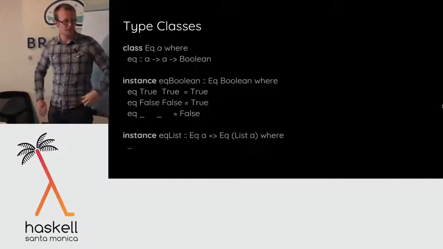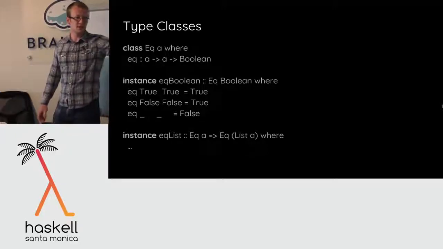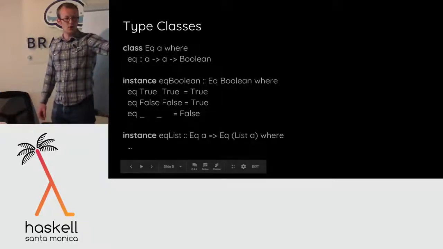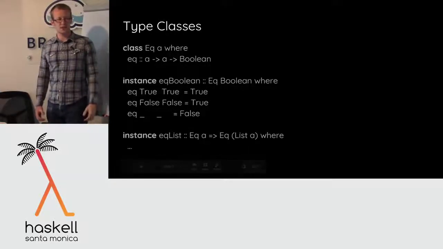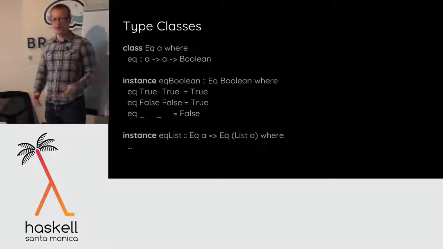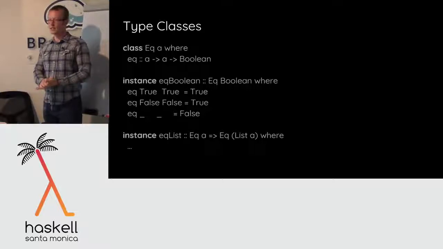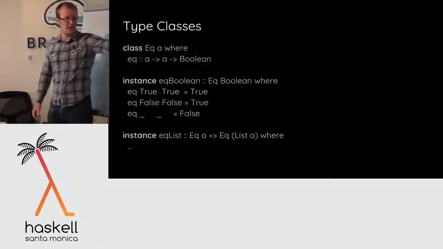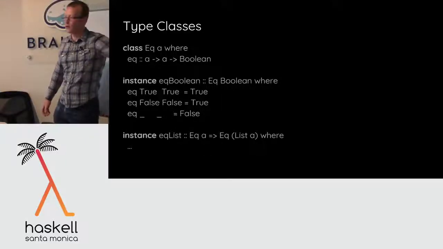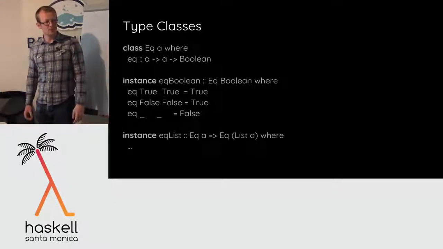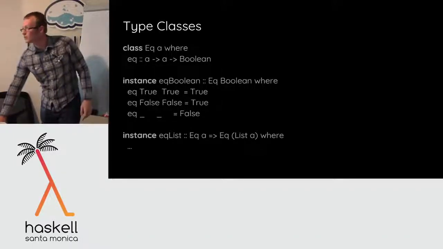And one basic but really useful feature of type classes is that you can build type class instances out of old type class instances, right? So if I want Eq for lists, well, I can give you a sensible definition of equality for any list type as long as the elements themselves have a sensible definition of equality. Okay, so I can say that I have an instance called EqList for Eq of List A whenever, and that's what this arrow here means, whenever I have an instance for Eq on A. Any questions on that first of all?